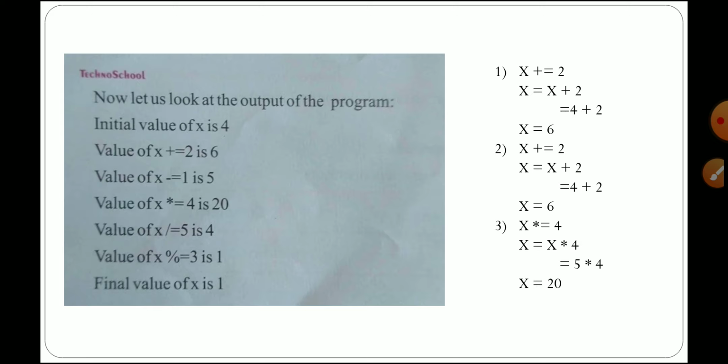This arithmetic assignment operator, how to expand it and how to write those expressions in shorthand. We write the expression like this: x plus equal to 2, x minus equal to 2, x multiplication equal to 2, and divide equal to 2. This is the shorthand way we use in the C programming language. The example is also given on the left hand side, you have to see that. That is the way we use it in the C programming language.